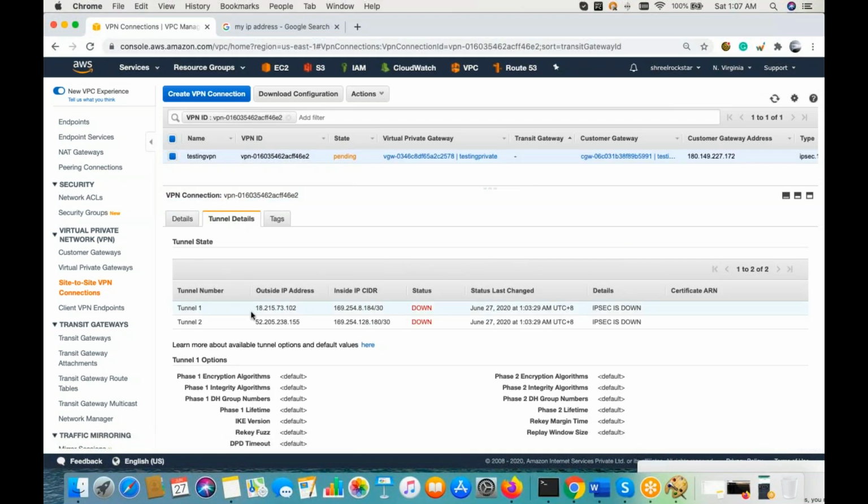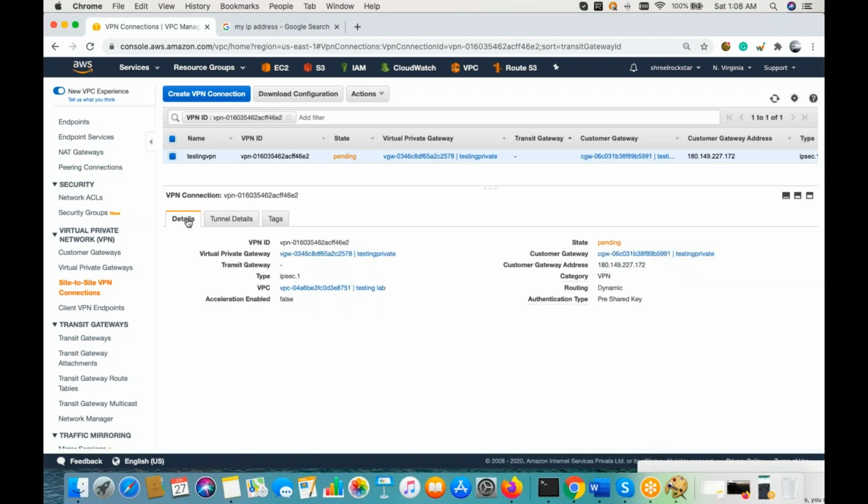Then you will see here, guys, the tunnel status. Tunnel status 1 is currently down because we don't have anything as sender or receiver from the customer side. We are using just a temporary IP, so this will be down for us. But in the real-time case, after a few minutes, once the configuration is done, your IPsec will be up. And when that is up, you can do the private connection between your physical data center and AWS. This is a very easy option to go with the dedicated tunneling, which is always required.